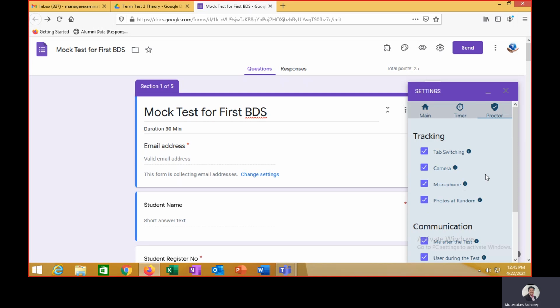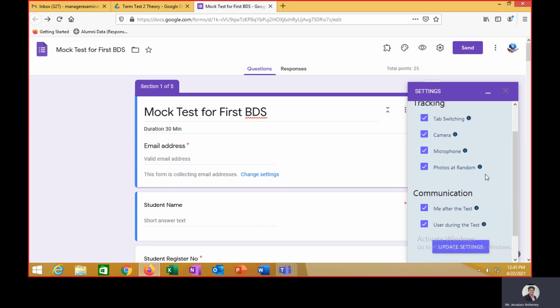It also captures the microphone if he is trying to talk to someone, or speak to someone on the phone, or somebody else is speaking to him. Those things also will be captured, so that later, at the trust level, if we look, this will show the trust level of the student and all the modes he has used in between his test. It will also take random pictures of the screens he is using, and if some other face comes onto the webcam, it will show that also.